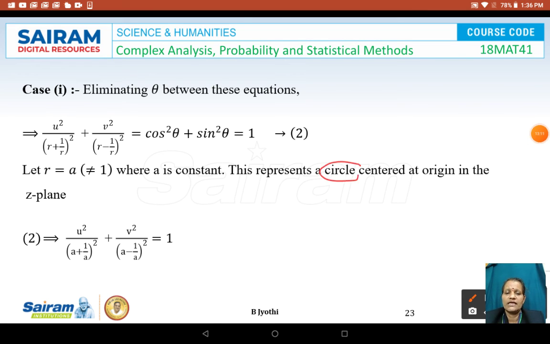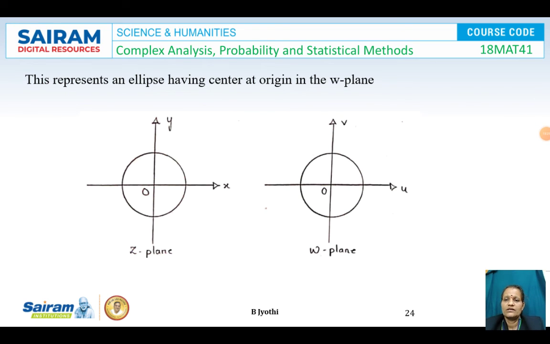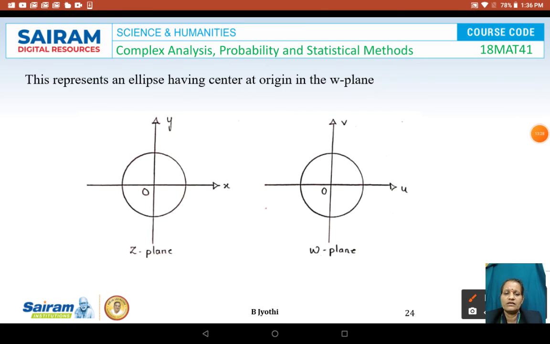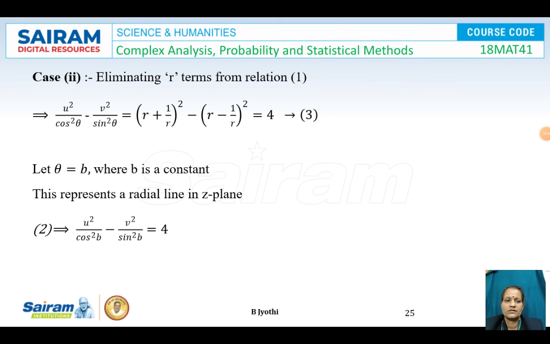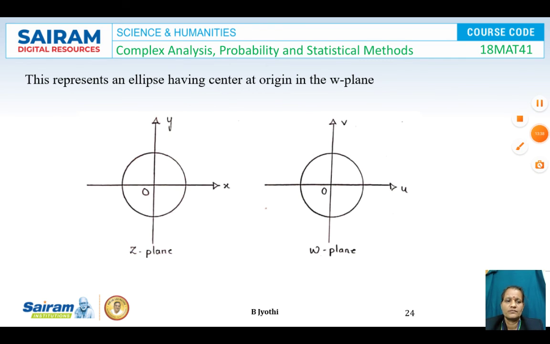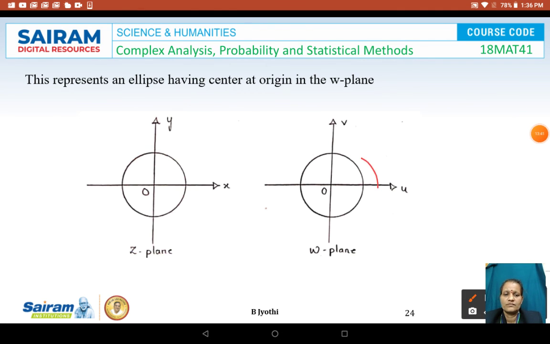This represents the ellipse. This represents the ellipse having the center at the origin in the w plane. Here the diagram, it should be in this manner. It has to be the ellipse in this manner. Next,